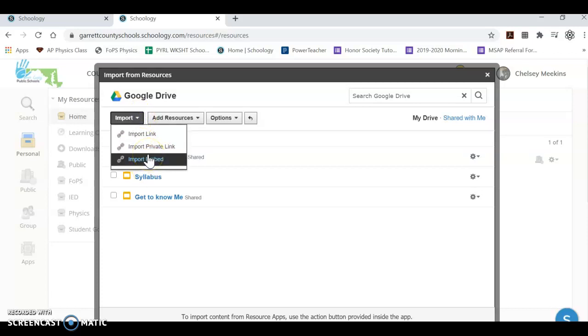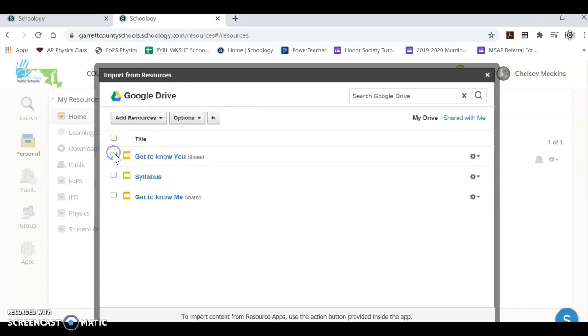Now, I'm going to recommend to use the import embedded because when it puts it into that assignment, it will automatically show that assignment in that link in that file. And you don't have to have the kids click in a different link and it takes them to another site, okay? If you want that though, if you want them to click a link to a different site, you would import it as a link and then it would take them somewhere else, okay? They recommended to us whenever we were trained in Schoology to use the import embedded,